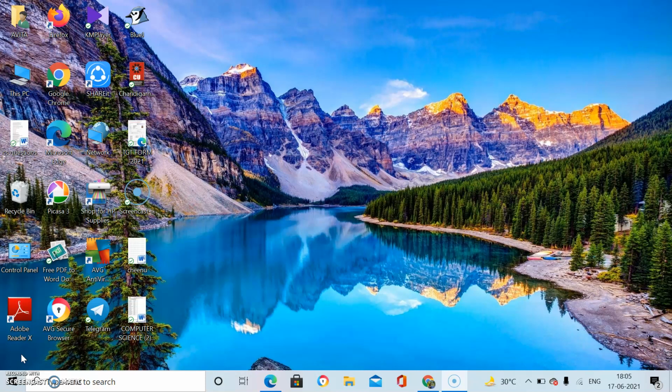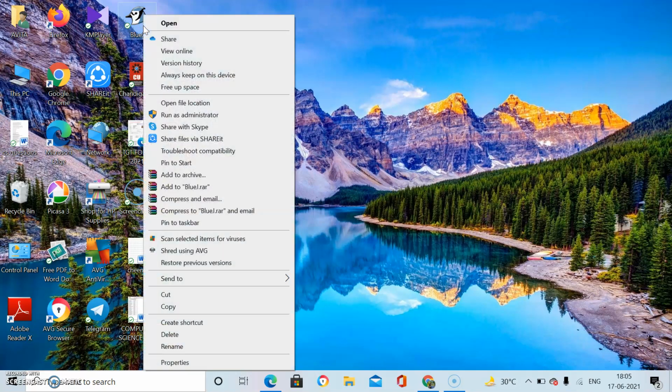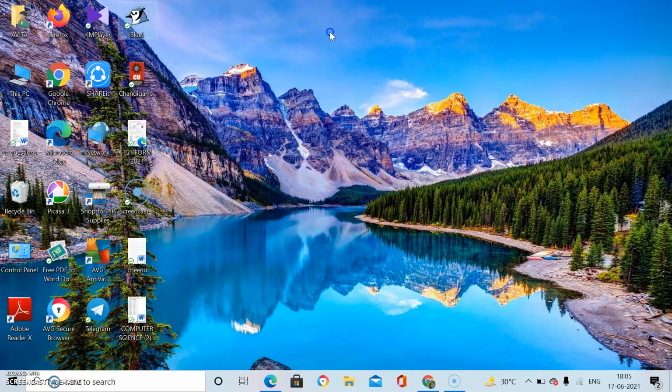Okay, so first of all, on the desktop there is an icon of BlueJ, this one. Now you can right click on it and select open from there, or you can simply launch BlueJ by double clicking.